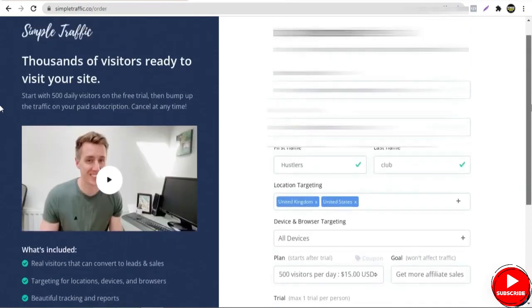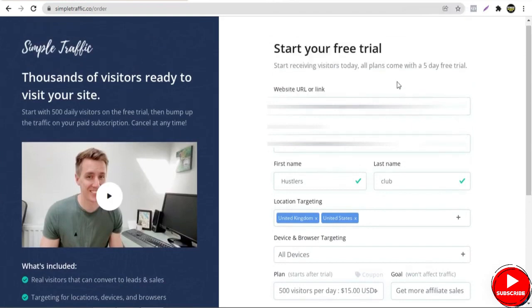So select this one, but remember one thing, in the first 5 days there is a trial for you. Okay, in the first 5 days these guys do not charge you any money. You must run this for 4 days. If you get a sale, then buy this $15 campaign. If you do not get a sale in 4 days, then just cancel the subscription. This is very easy, and this is a very effective way. If you get a lot of clicks and you get a sale, then buy this subscription. If you do not get a sale, make sure you don't buy this